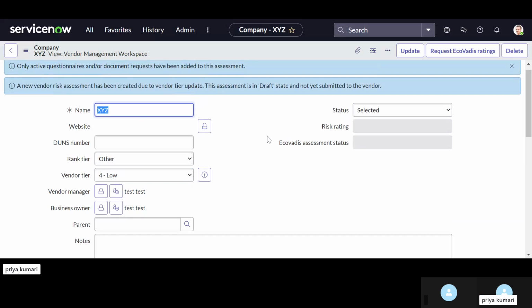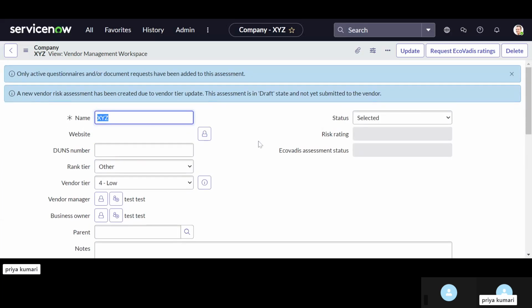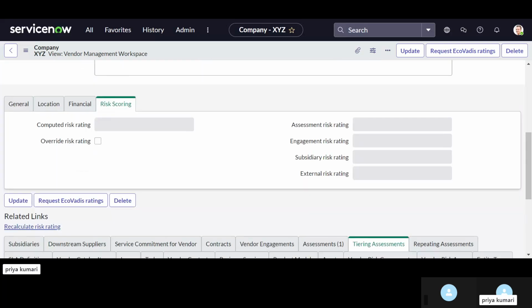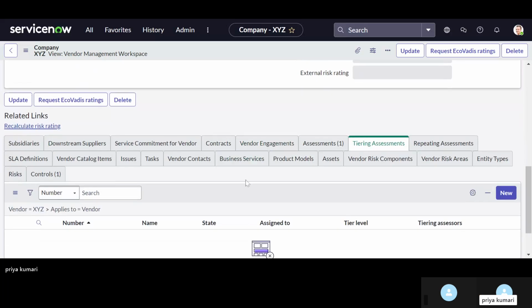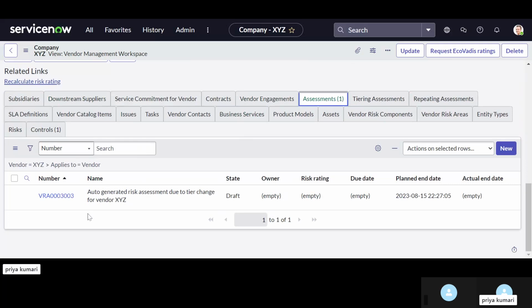In the beginning, it will be in the draft state and not yet submitted to the vendor. Like when we submit that assessment, then it will be available for the vendor. Let me show you. See, one assessment has been created, right? And this is in draft state. Once it is submitted from the draft state, only then will it be visible to the vendor, and they can submit